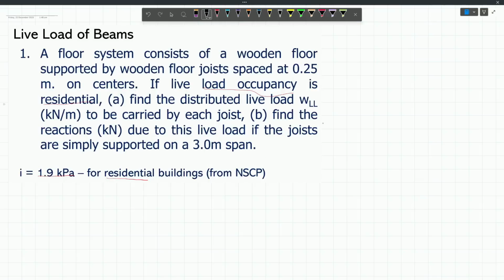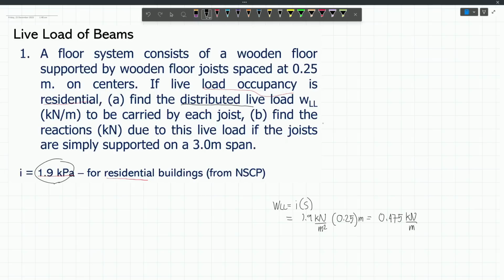And so, let's try to solve this one. Lalagay ko na lang dito. And so, first, we are to find the distributed live load to be carried by each joist. WLL is equal to I multiplied by S. And so our I is 1.9 kPa, which is kN per m squared, multiplied by the spacing. Yung spacing natin is 0.25 meters. Now 1.9 times 0.25 meters will give us 0.475